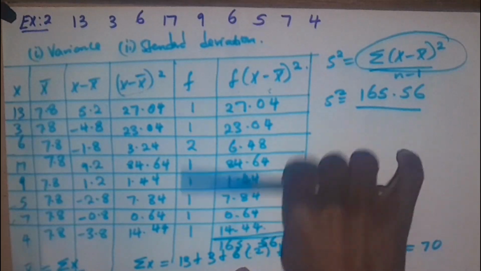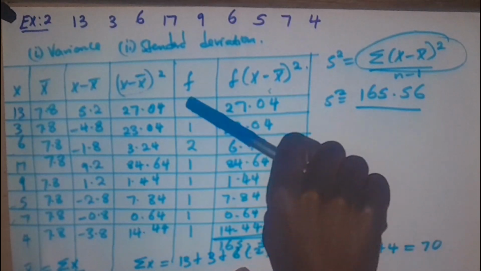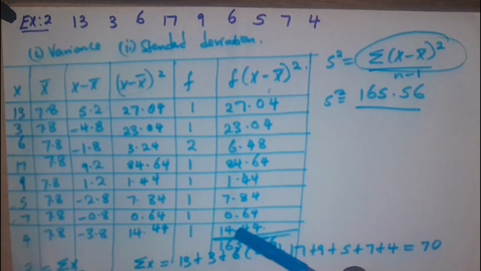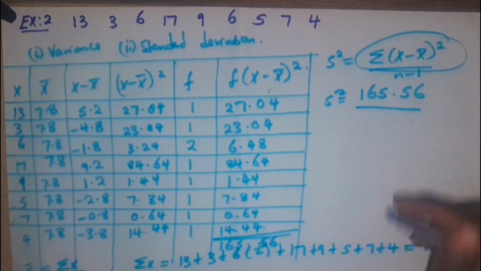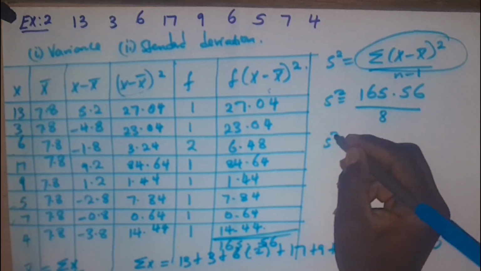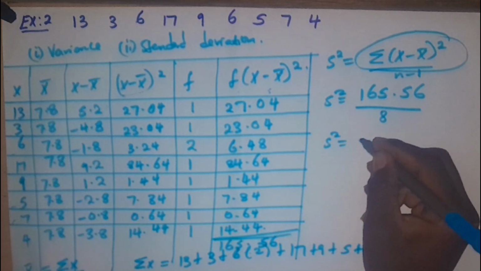We're going to add the summation of the frequency, that equals n: 1, 2, 3, 4, 5, 6, 7, 8, 9. So n is equal to 9 minus 1, so we're going to say 8. So we're going to divide by 8. If we divide by 8, we're going to find out that our variance is equal to